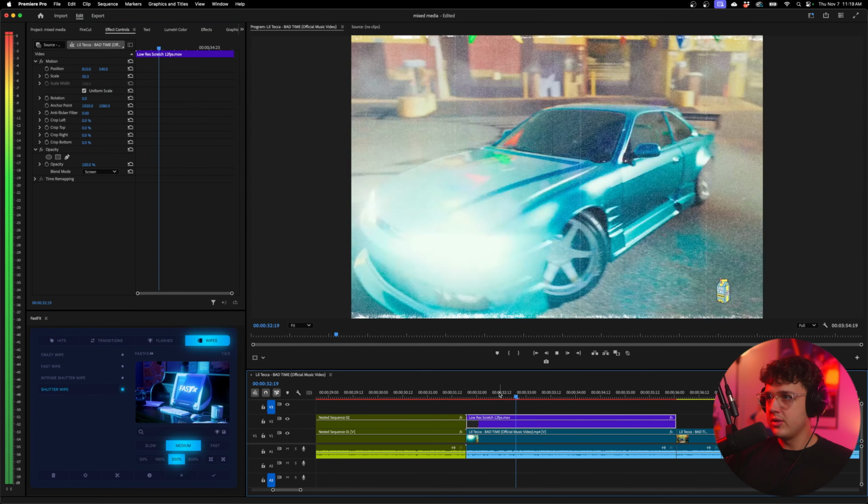But to move on to what I was talking about earlier on in the video, the After Effects plugin that lets you create mixed media in one click. We're gonna go ahead and right click on this and replace with After Effects composition and open it up inside of After Effects. So now that we're opened up inside of here and have our clip,